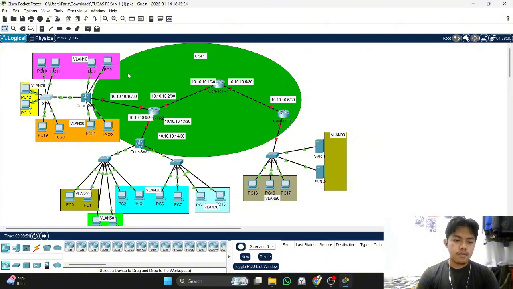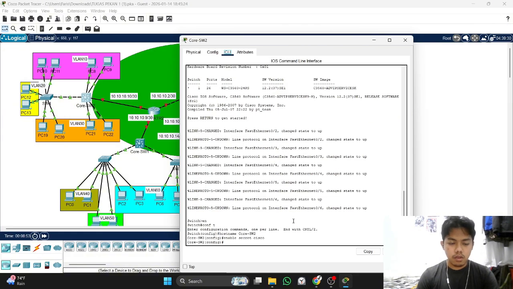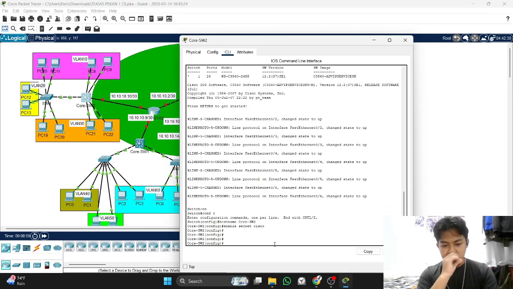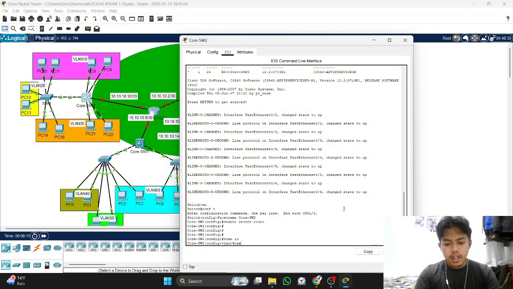Okay, we start by creating the VLAN. We go to core switch 2 first. First, write VLAN 10, and then we name it VLAN 10.